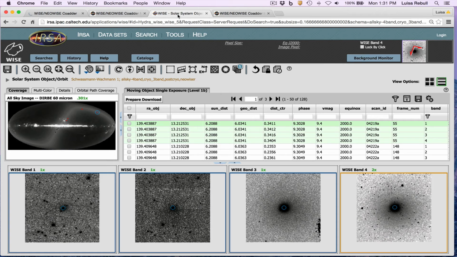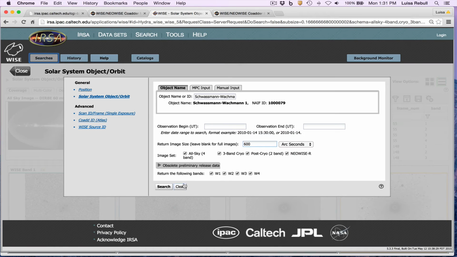As a word of caution, if you pick a WISE band number 1, it needs to match what is actually in your file. If we had, when we did the search over here, asked it just for WISE band 1, but then asked the coadder to just add band 2, of course it would gag, because there aren't any WISE 2 frames in the file list that we give it in that case. But in my case, I gave it everything.